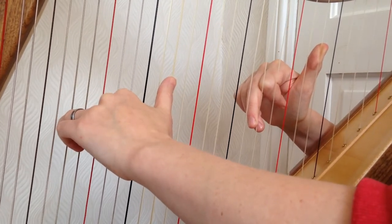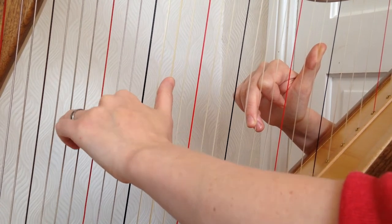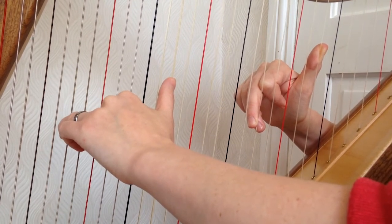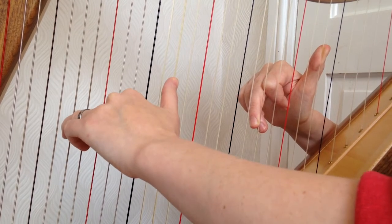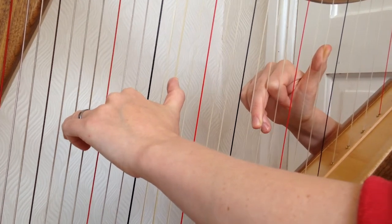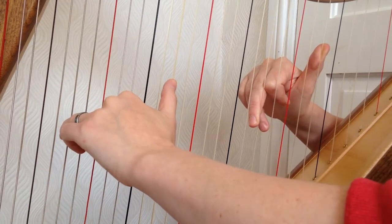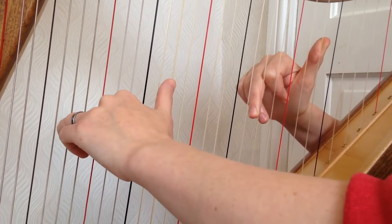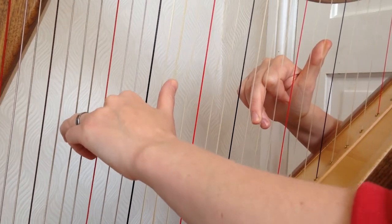So we're going to do one more time from bar 56, and this time I'm going to make a point of bringing out that left hand. And this is worth doing even as you're learning the notes. I know you're thinking about so much right now with this, but it's worth doing even as you learn it, so that this is how your hands play this part of the piece. Bar 56, 1 and 2 and